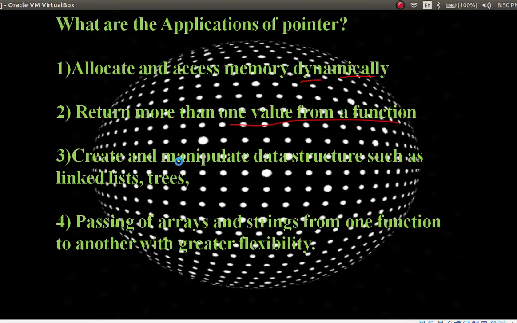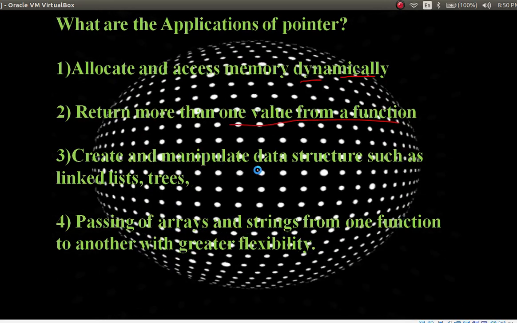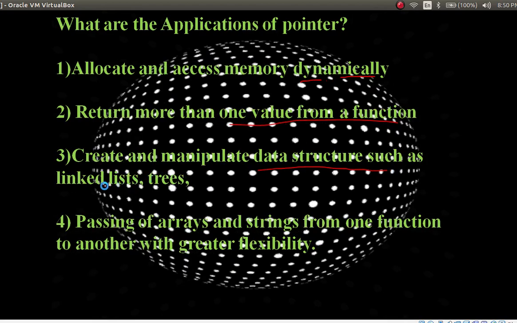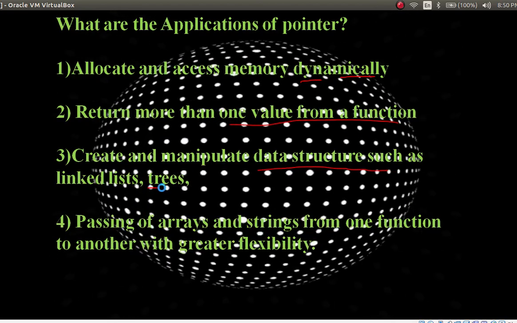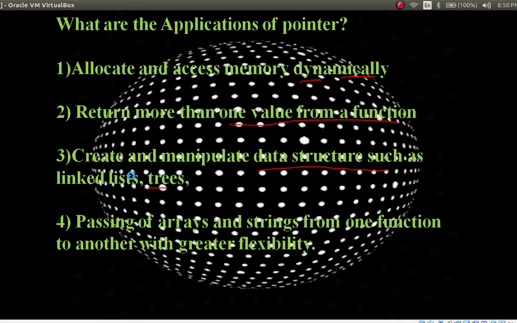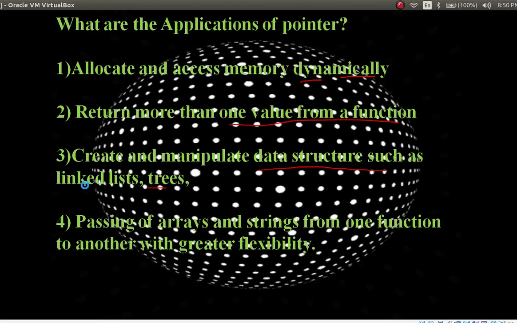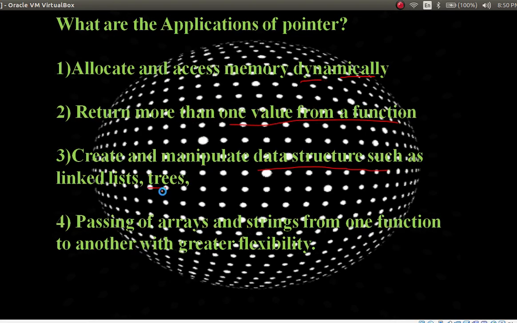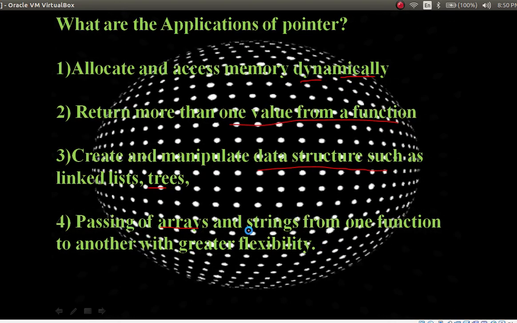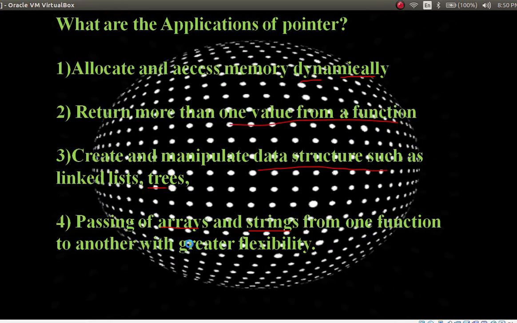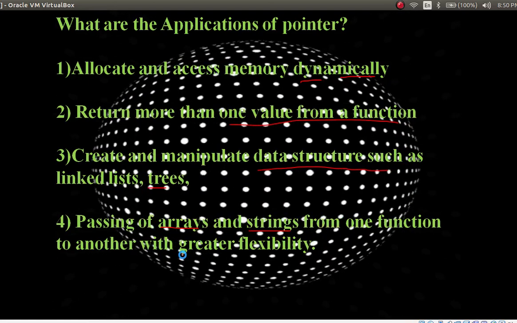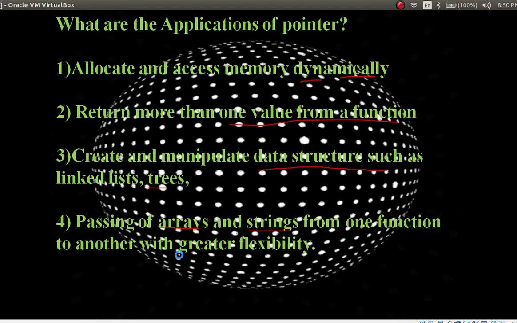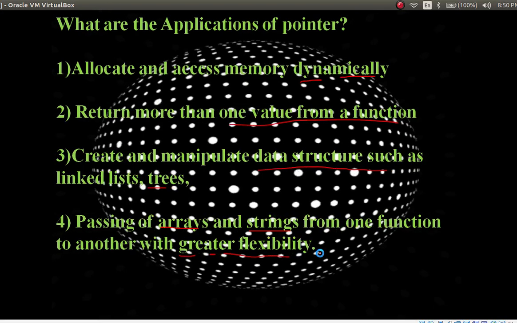Create and manipulate data structures such as linked list and tree. Okay, so in linked list and tree concepts we are using pointers. Passing arrays and strings from one function to another function gives greater flexibility.